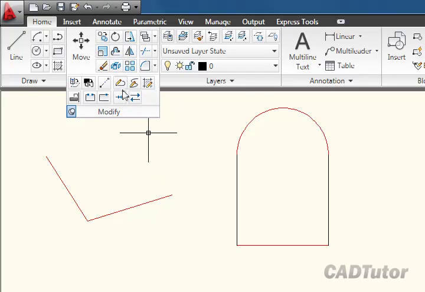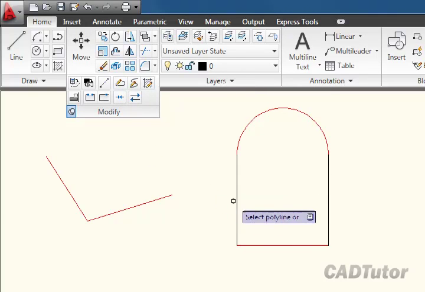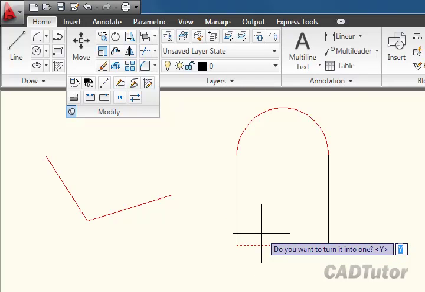Now we can use the same command, edit polyline, to join arcs and lines and other polylines as well if we wanted to. The one proviso here is that they all must touch end to end. There can't be any gaps between the objects. So to make a single polyline out of this shape here, which is currently composed of a single arc and three lines, I go to edit polyline, select any one of the objects to start with. I'll start with this baseline here, and it asks me again, do I want to turn it into a polyline? So enter for yes, and then J for join,